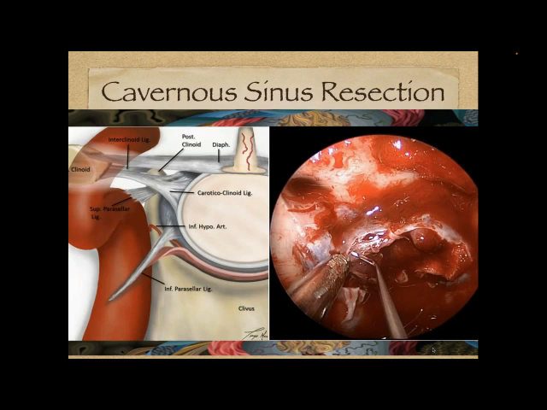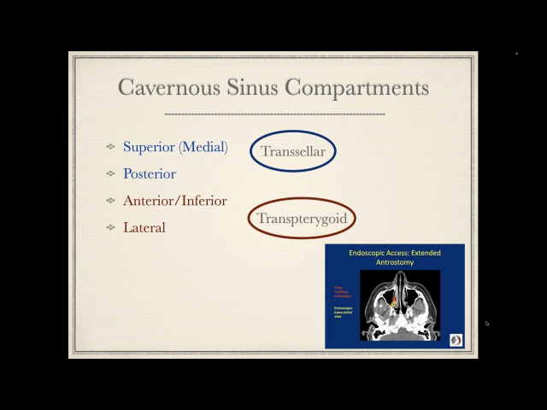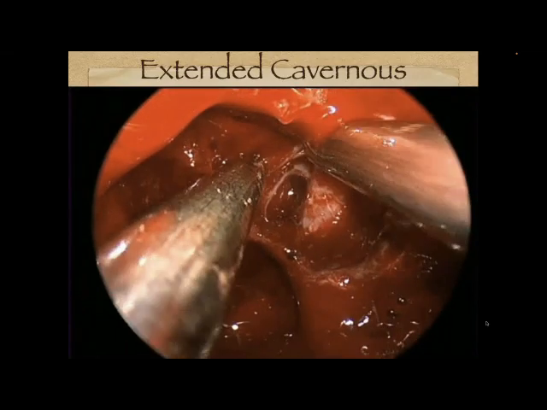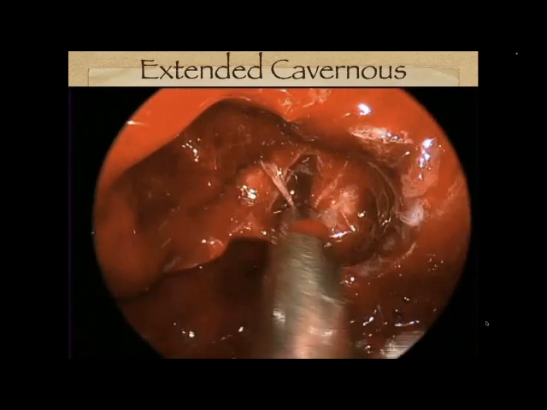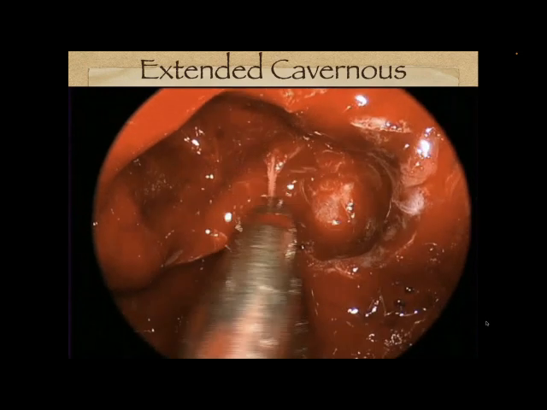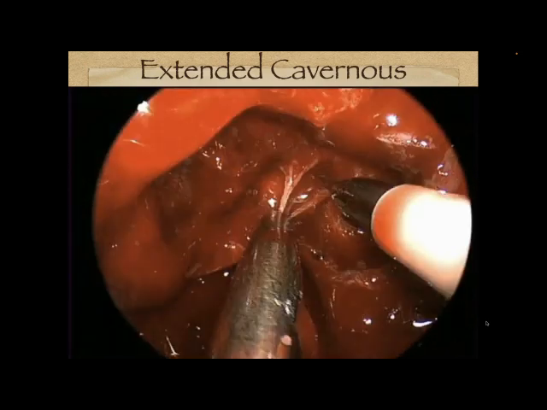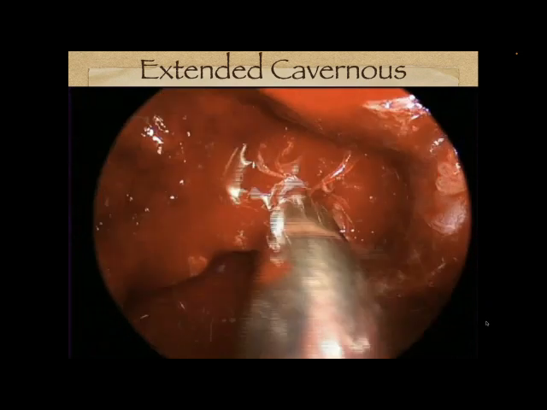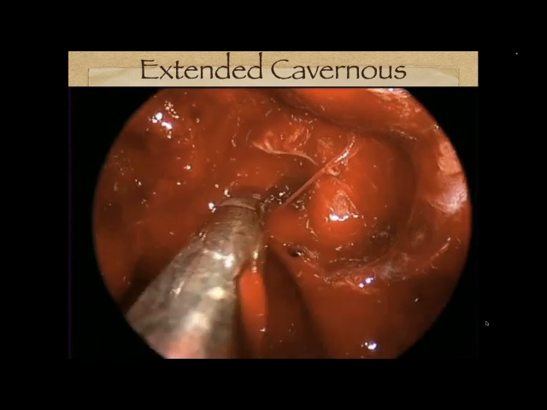And here we can see, again, as I mentioned, that cavernous sinus wall resection as a critical step. And we can have defined ways to get even more lateral out toward the cavernous sinus. And all of this has been well described and well published, largely by our group. And here's an example where we've done what's called a transpterygoid approach, which is just going through an area of the base of the skull to be able to get access a little more lateral into the cavernous sinus.